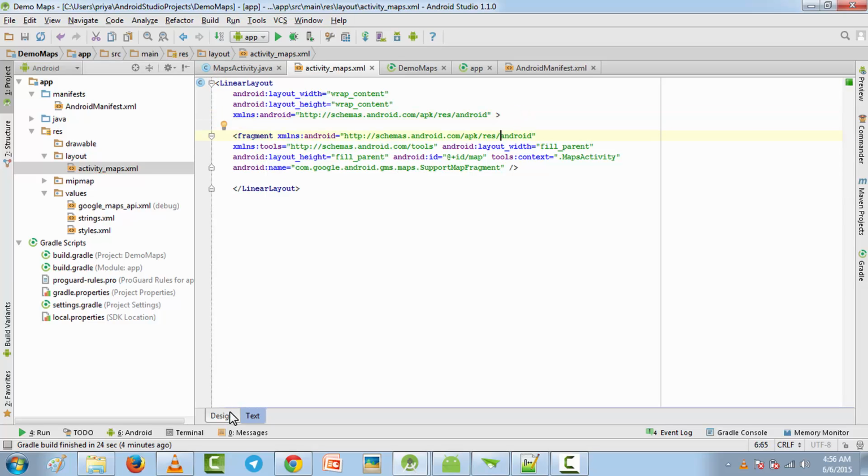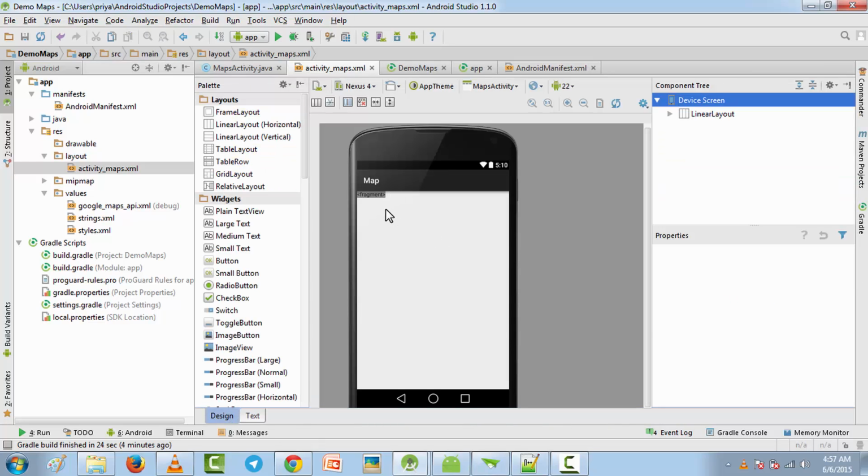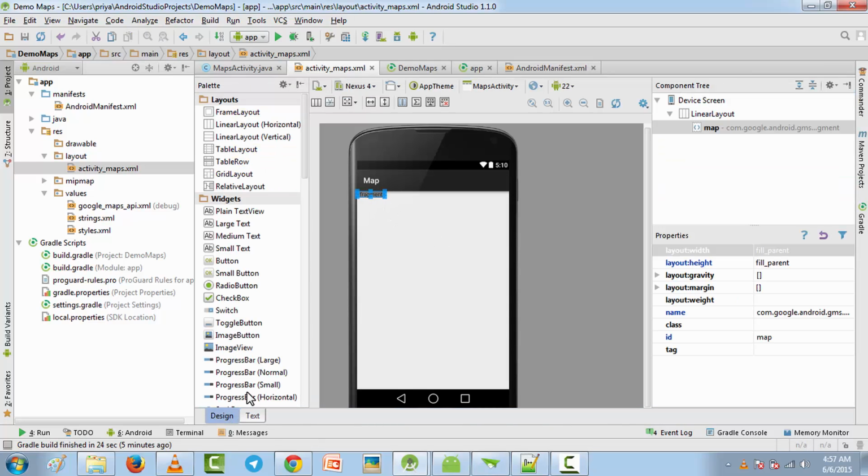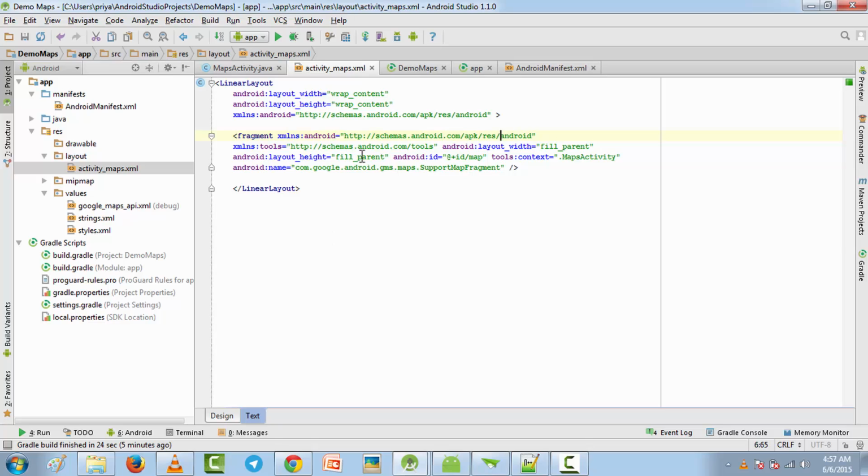Now we have a linear layout, and inside that there is a fragment, that is the map fragment, and